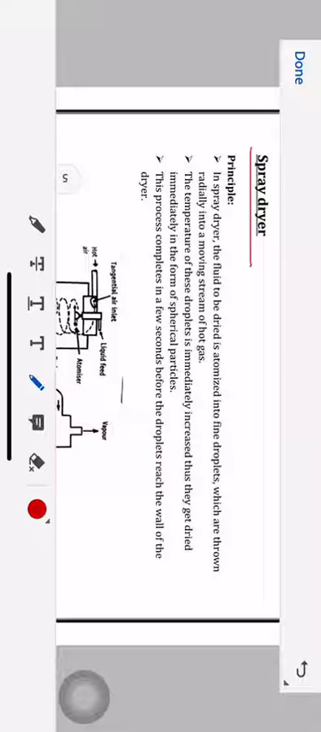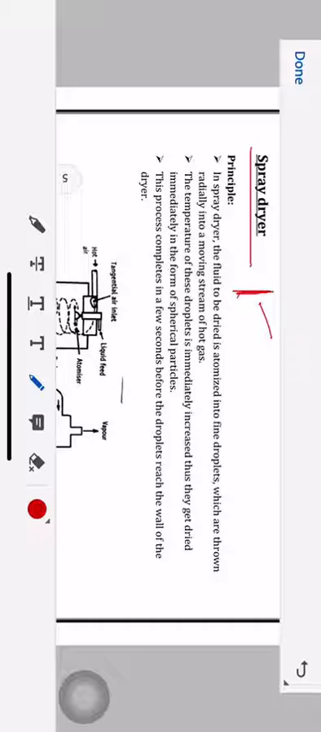What should it be doing? That means a solution or any material will be sprayed in the form of droplets from an atomizer. Here comes the question: what is an atomizer? Atomizer means a nozzle which has a disc-like structure that will be rotating. That disc will have small pores through which